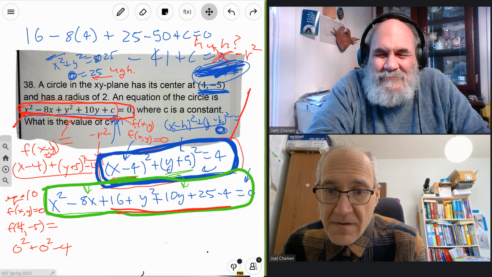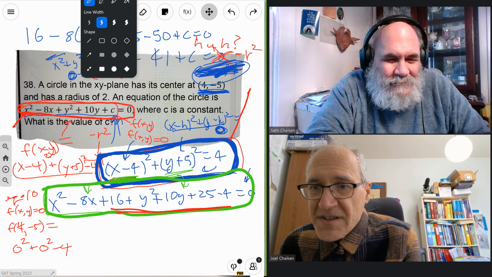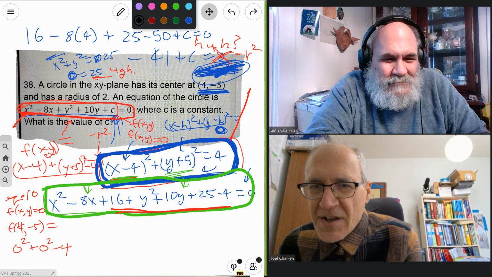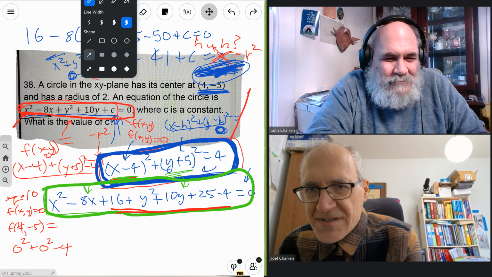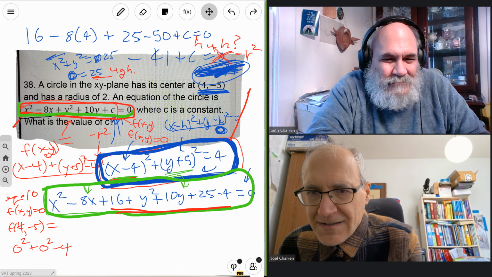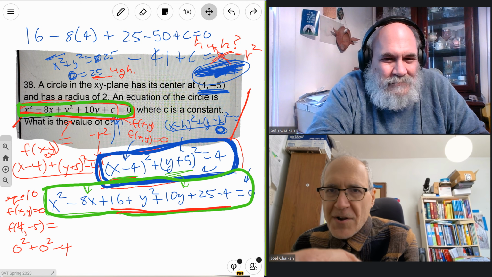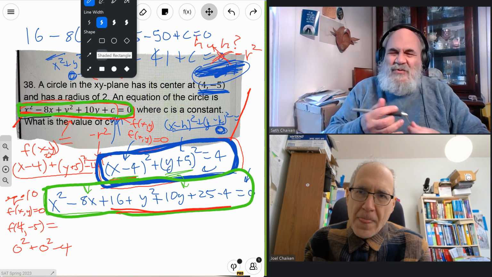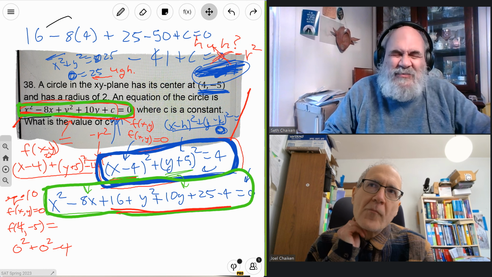Yeah. So if you want to take this equation, when do you complete the square? Under what circumstances? You complete the square when they give you equations that look like this, and you want to turn them into the equation of a circle that we just wrote. To complete the square